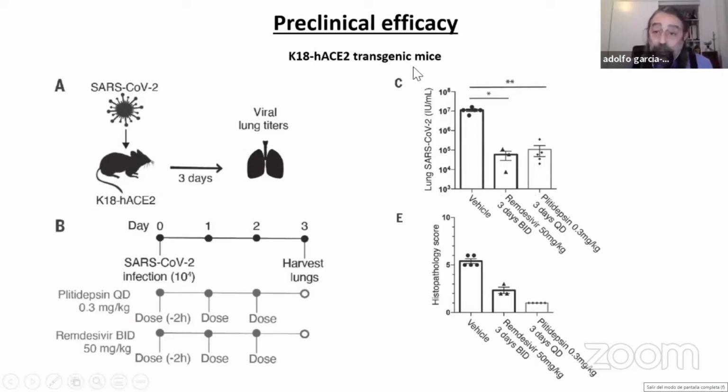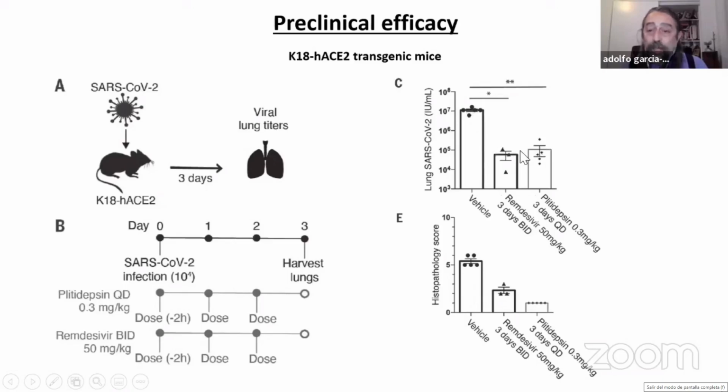So we took these transgenic mice, which were developed actually not for SARS-CoV-2, but for SARS-CoV, the first SARS, because it used the same receptor, so they can also be used for SARS-CoV-2. And then we infected them with SARS-CoV-2, and we looked at viral replication at day 3. It's a very fast-growing virus in these animals. We left some untreated, or treated them with plitidepsin at 0.3 mg per kg, 3 doses, or with remdesivir at 50 mg per kg, 3 doses, a dose that is more than 10 times higher than plitidepsin. And when we do that, we get a comparable inhibition of viral replication, more than 2 logs inhibition of viral replication in the lungs,